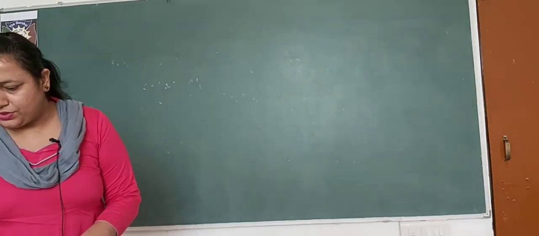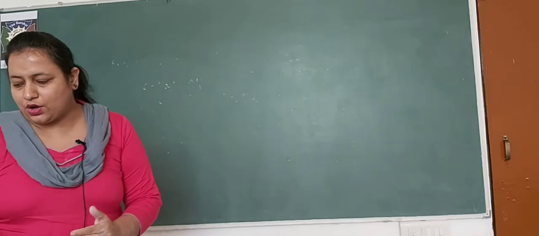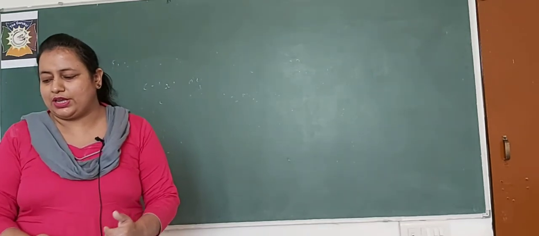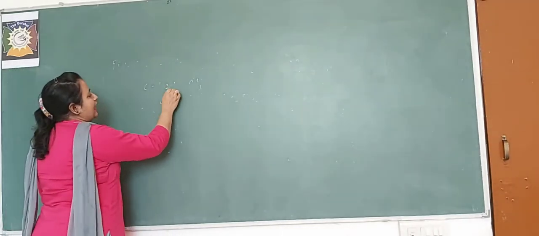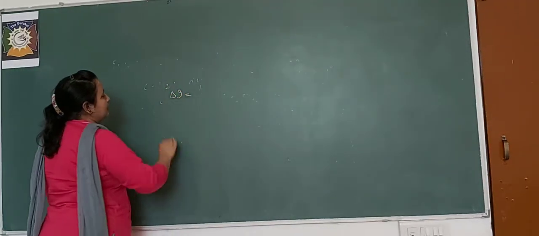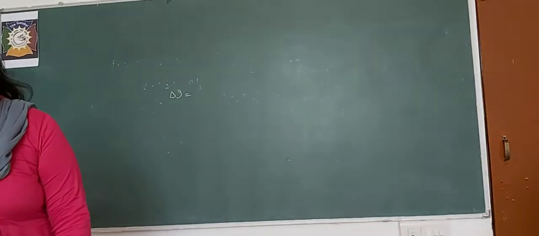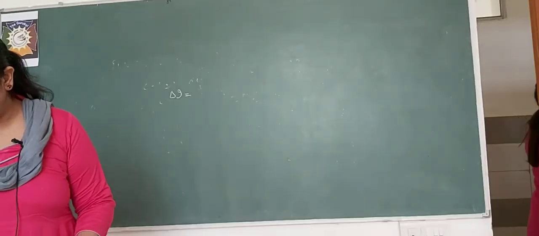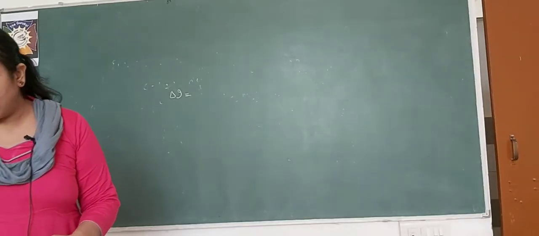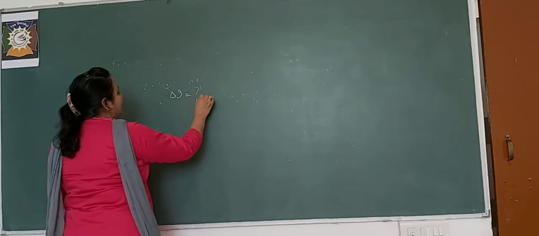So let us start. In an economy, government makes some additional investment. In an economy, additional investment was made. Additional investment means you can denote it by delta I. How much is it? Find the value. MPC is equal to 0.5 and increase in income is 1000. That you have to find.